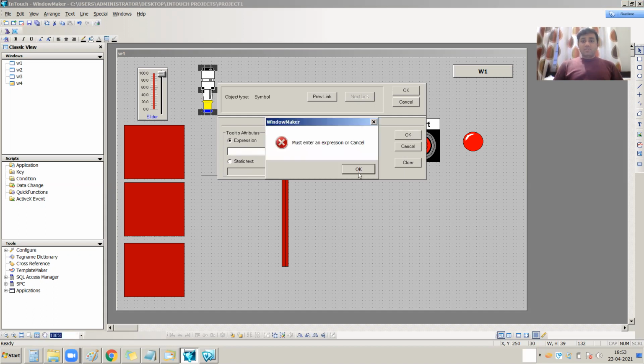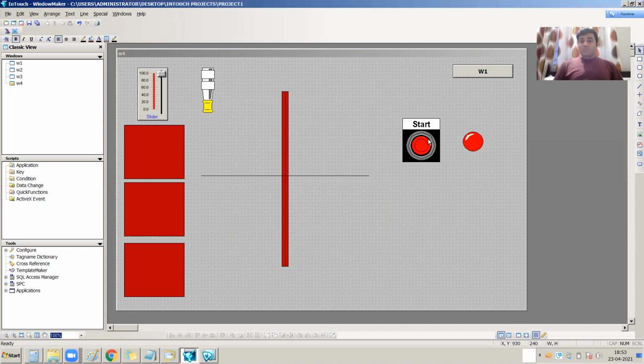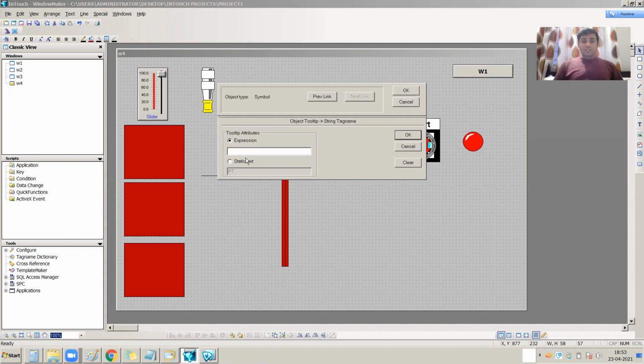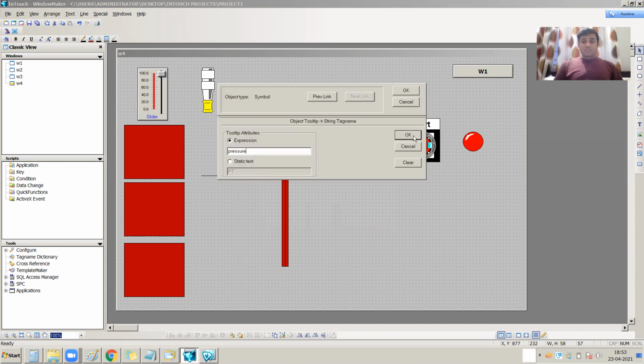Let's do it again, taking it as PT. See, cannot mix another type with the string. So I think an expression is not going to work with this tooltip.